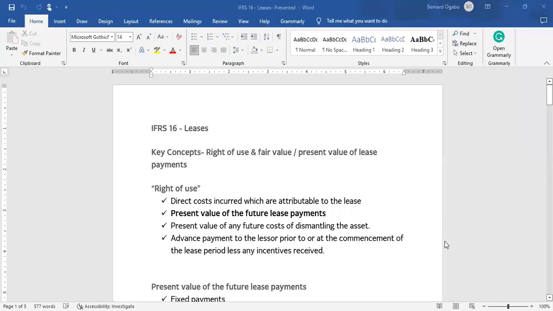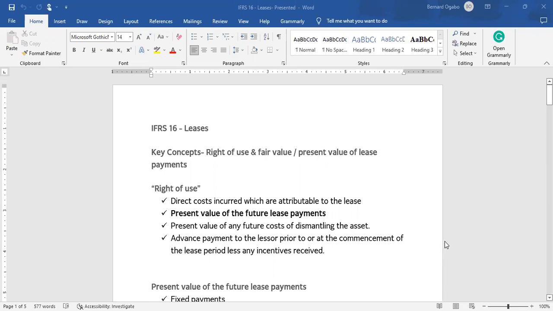Today, we are going to be looking at Leases under IFRS 16. I will briefly explain the concept of leases, then we shall do an illustration, a calculation, to show how these explanations are presented. When we are asked to account for leases under IFRS 16, the major type of lease we account for